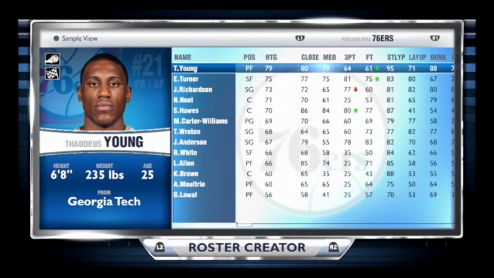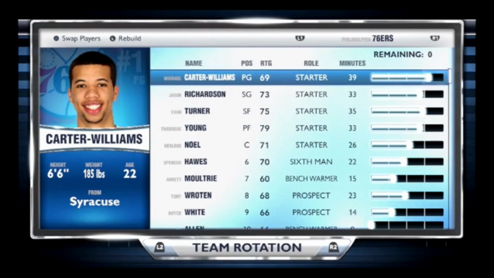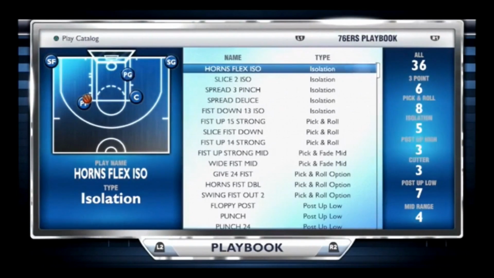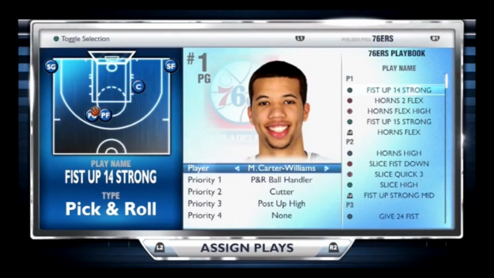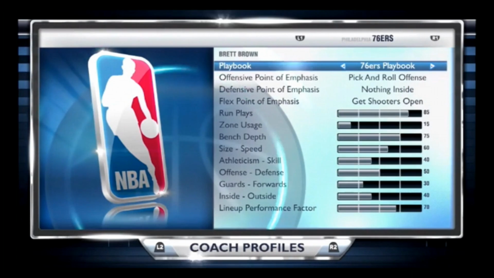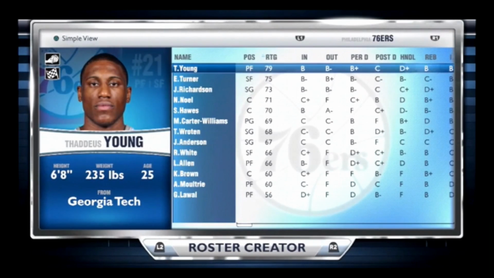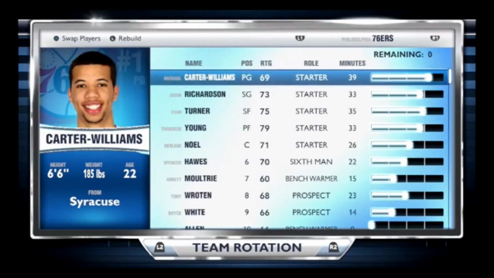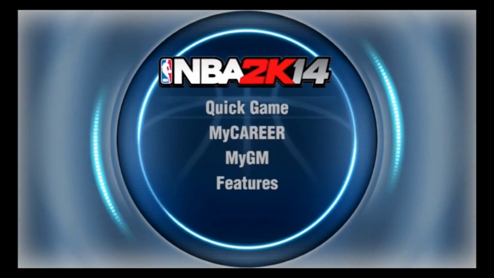So, you still can swap between the letter grade and the player grade, and you still can bring up their career stats. But now you can edit playbooks, you can assign plays, you can edit players' tendencies, just everything you usually can do is all right here. And you can edit players' accessories, the jump shot forms, all that good stuff. I'm just mad at the fact that they don't set it up as if point guard, shooting